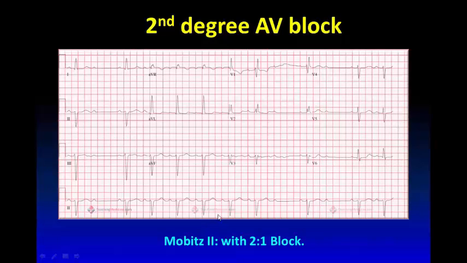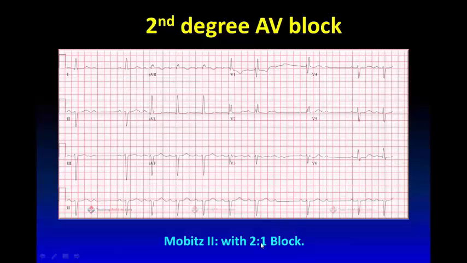In Mobitz type 2 second degree AV block, there is 2-to-1 block or 3-to-1 block. 2-to-1 block means that from every two cardiac impulses originating in the sinoatrial node, only one impulse would pass through the AV node. And this is shown in this 12-lead ECG. This is a P wave, and this is another P wave, and this is one QRS complex. So each QRS complex is preceded by two P waves, indicating that